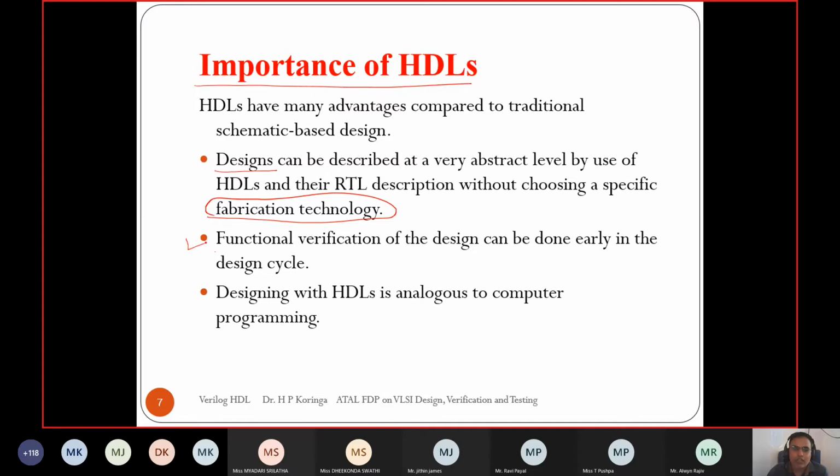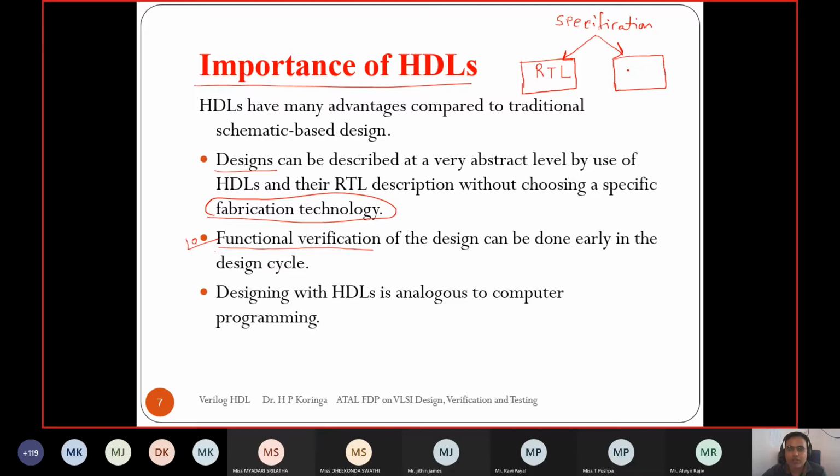Another importance of HDL is that it is also used in functional verification. There are two main tasks in designing. Once we have the specification, the RTL designer uses HDL to prepare a design, and in parallel the verification engineers work, where there are different methods of verification, either a black box or a white box approach.